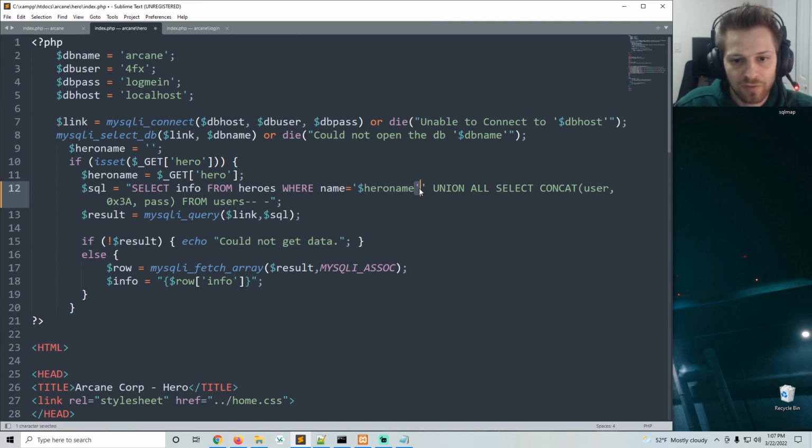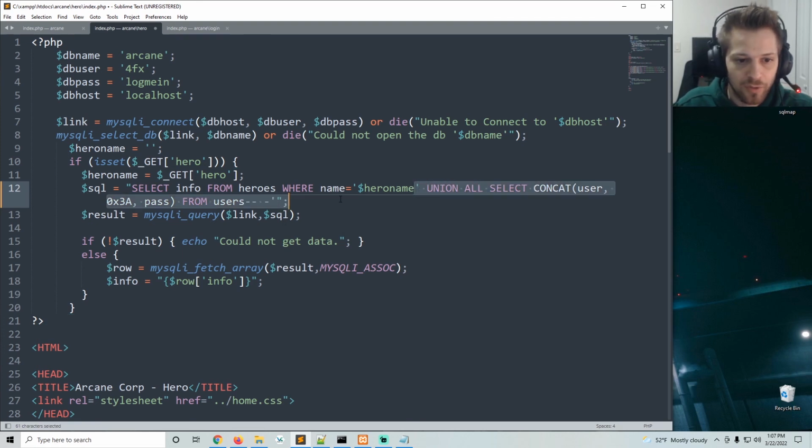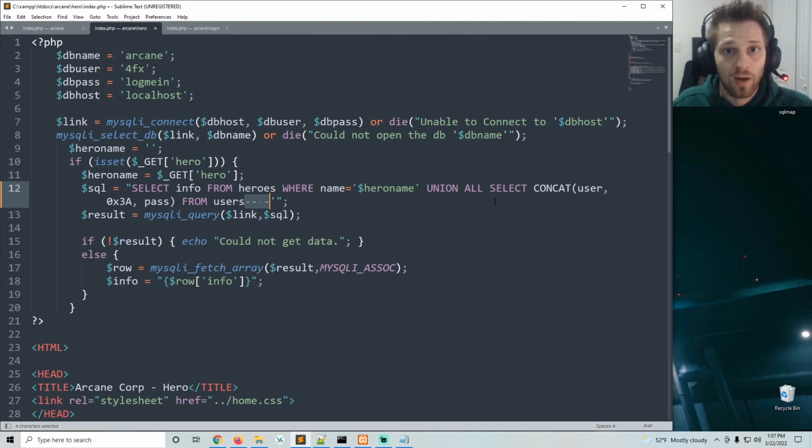suddenly this apostrophe over here will be jumped to here, and this is the query we're actually inserting, and this will comment out this part of the code, and suddenly it starts to make sense how sqlmap operates and how we can go ahead and